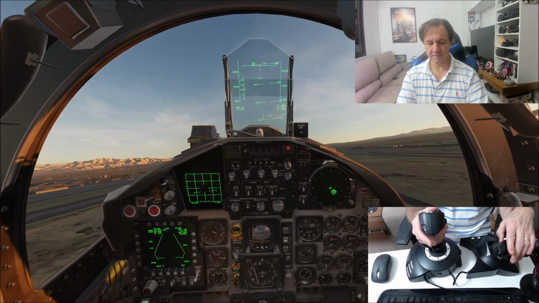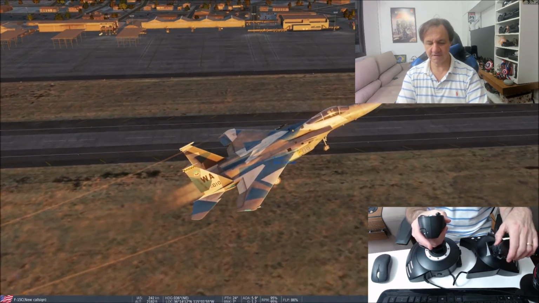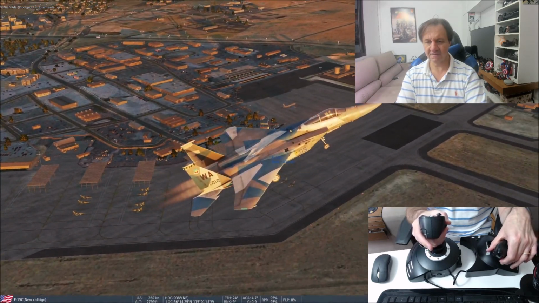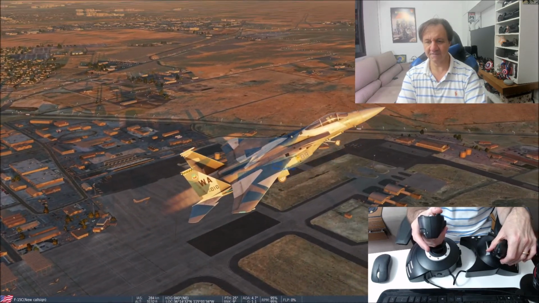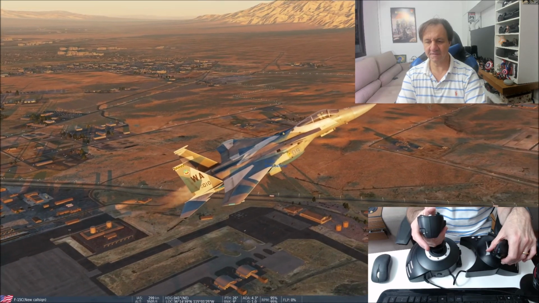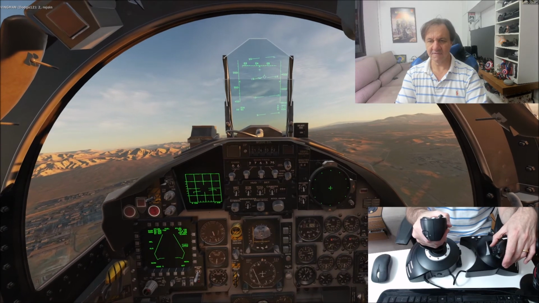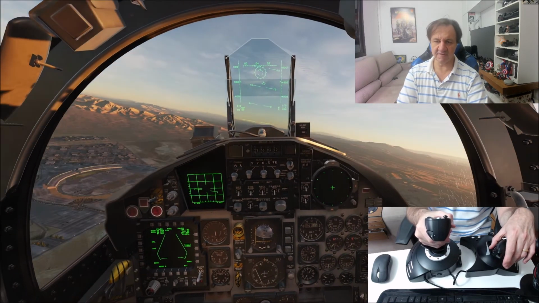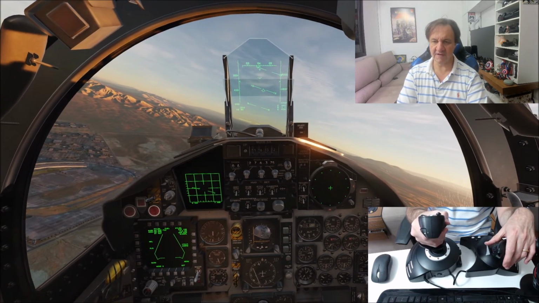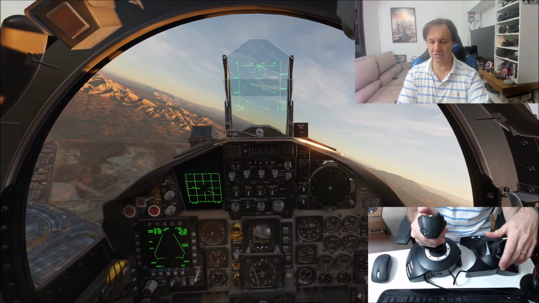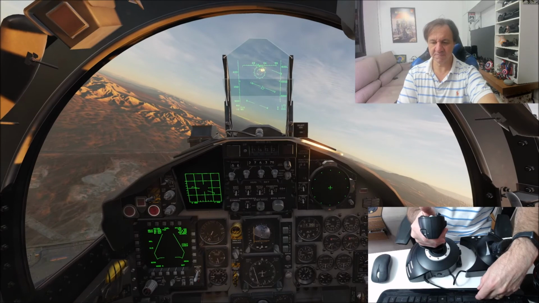Okay. It's here. Here, if I remember, it's one here. Oh, this one. Okay. Let's see if I mapped it. Weapon fire. Let's see. It's not shooting.